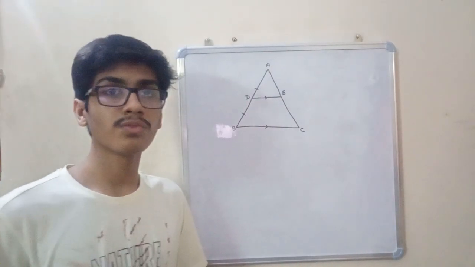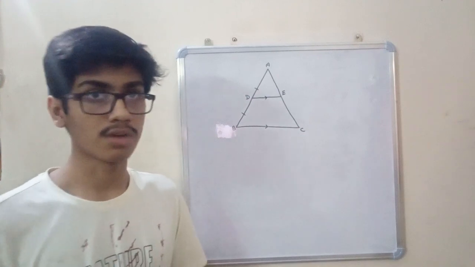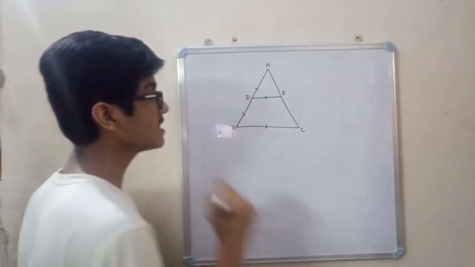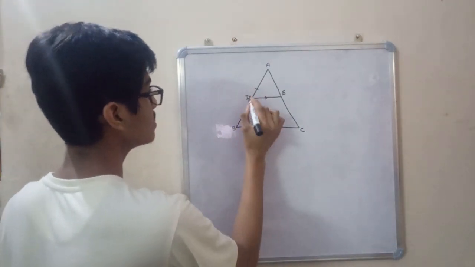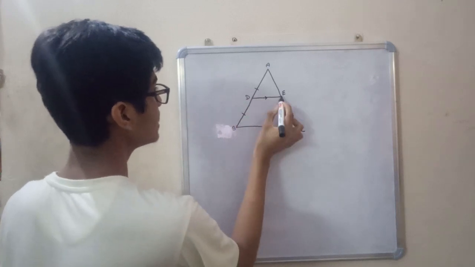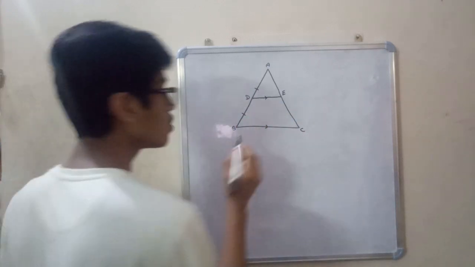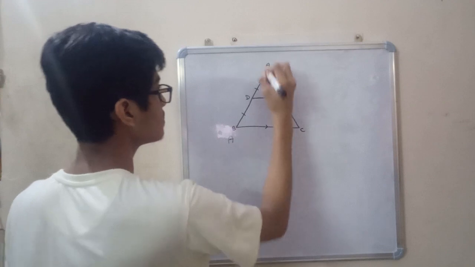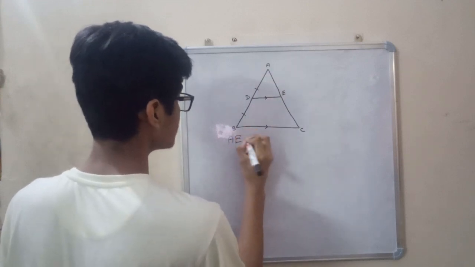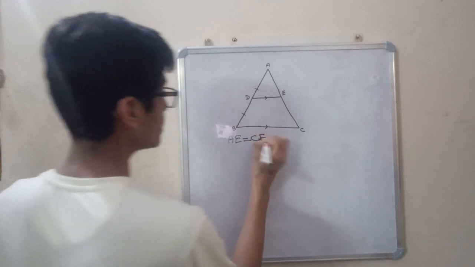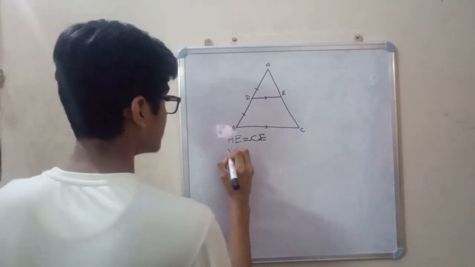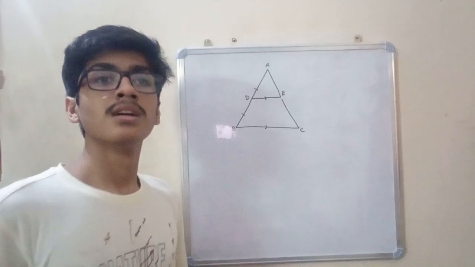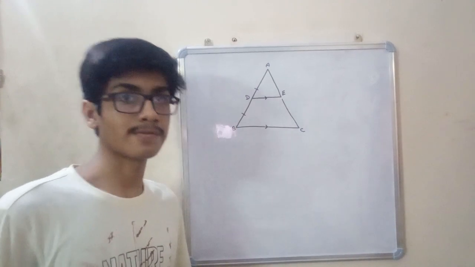Now after having proved the midpoint theorem, let's talk about its converse. What does it state? It states that if in a triangle ABC, on the line AB there is a midpoint D and DE is parallel to BC, then according to the converse of the midpoint theorem E is the midpoint of AC. That means AE is equal to CE. And second, it states that DE is equal to half BC.